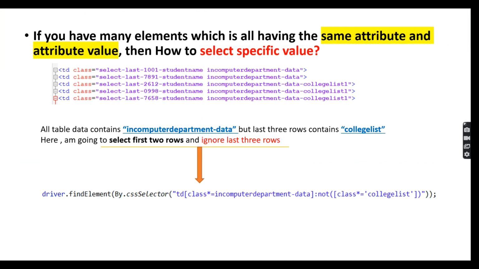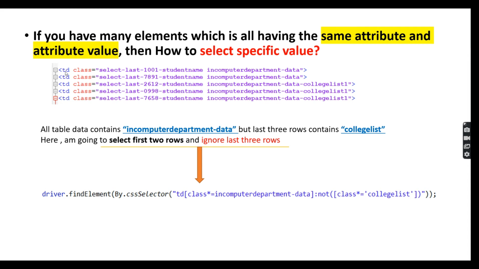Next is a very important interview question. For example, you have a table format, and in the table all the attribute values are the same. Then how can you select a specific value using the CSS selector? This is the question; how can you answer it? Here I've given one example in table format.